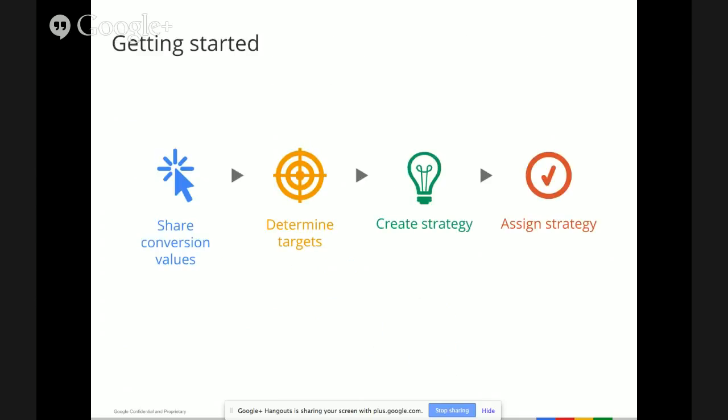Great, now Joe is going to show you how to get started. Thanks, Brent. So getting started with ROAS, the first and most important step is to get conversion tracking set up and to send us conversion values. And you can do this through AdWords conversion tracking or through Google Analytics. Now, once the conversion value is passing through correctly, you can start determining what kind of target ROAS bids you'd like to set, and then simply go into the shared library, create your first bid strategy, and apply it to the campaigns or ad groups that you'd like to.